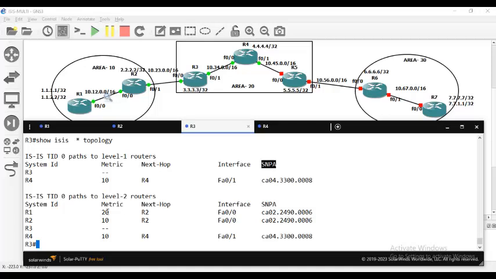So let's go here on R4, show ISIS neighbor. You can see neighbor. Now let's go to router 1 and check the routing table. Show IP route. What do you see here? We see, okay, let me type ISIS. We see here